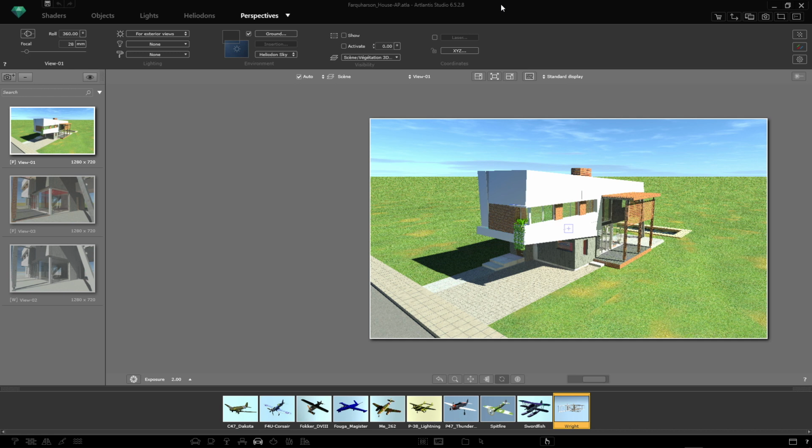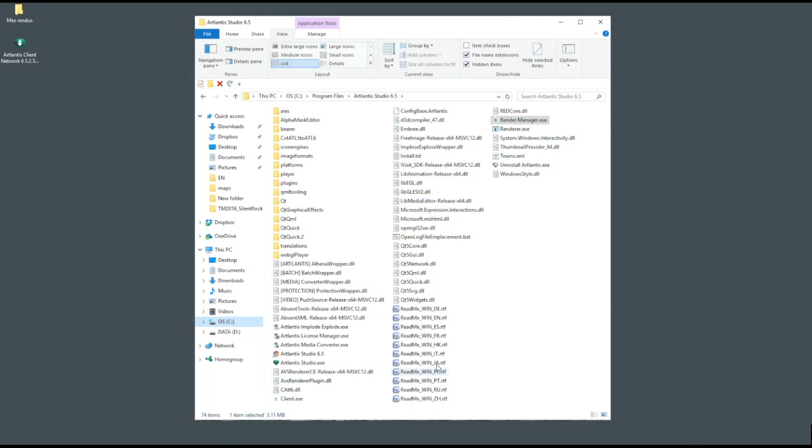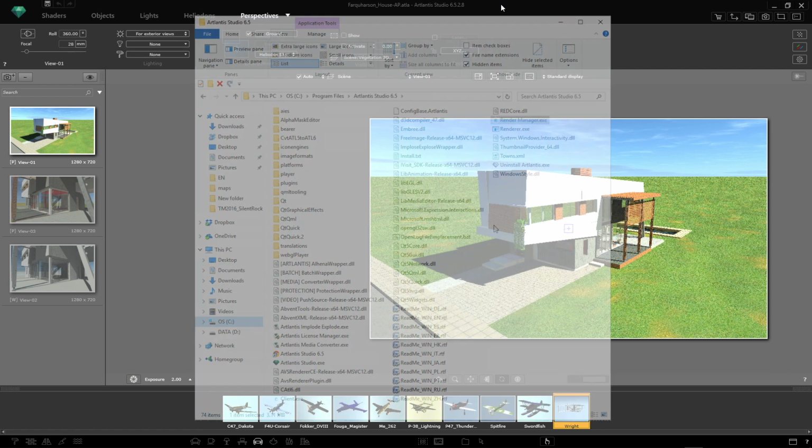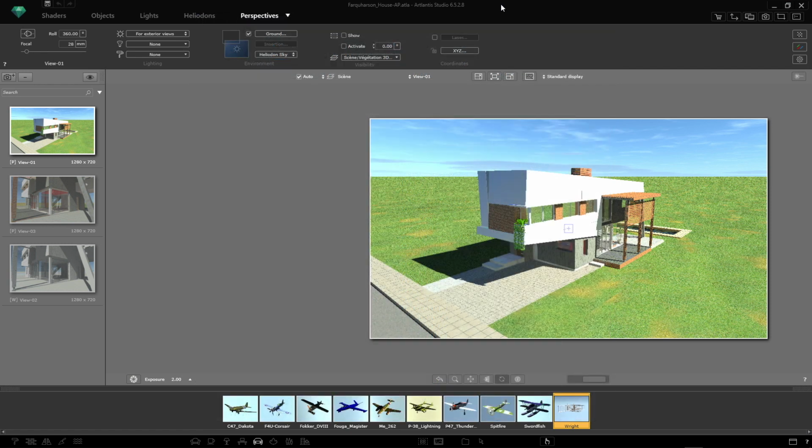Render Manager is an independent app installed by default with Artlantis 6.5. This cross-platform application will manage the final calculation of those renderings sent for later calculating in Artlantis and will dispatch the calculation tasks among multiple computers linked to a network. In our example, we'll calculate two presentations by using multiple client computers. The first presentation will be a still image, and the other one will be an animation, both parts of this